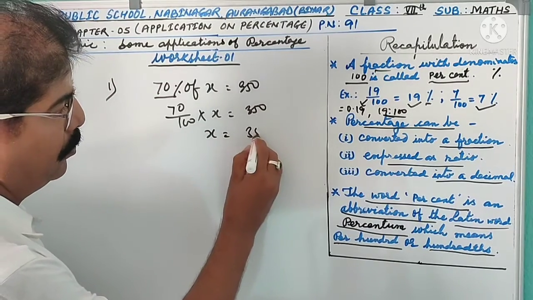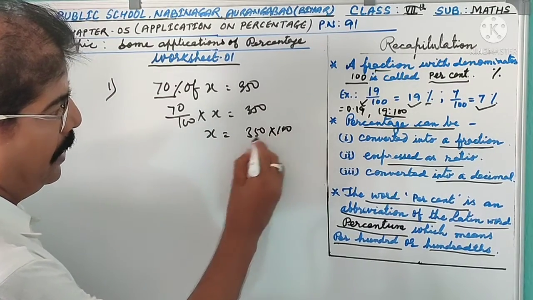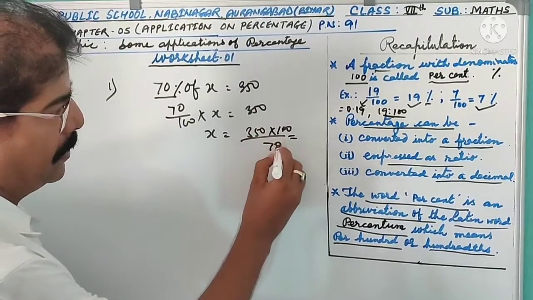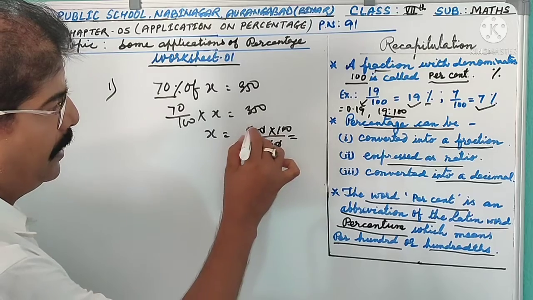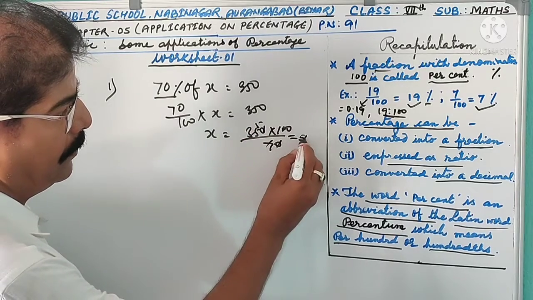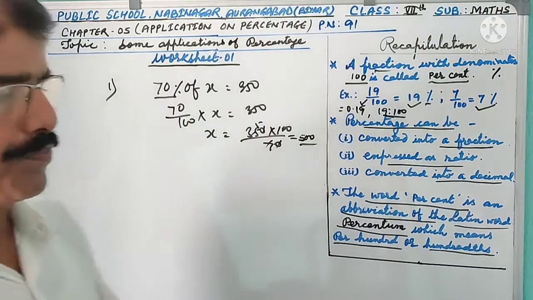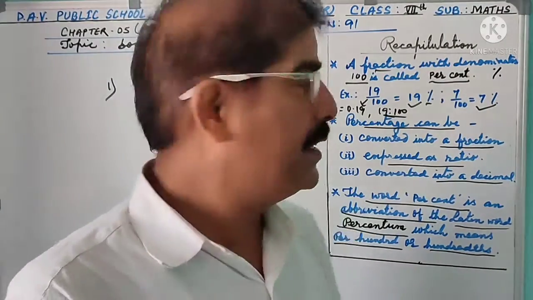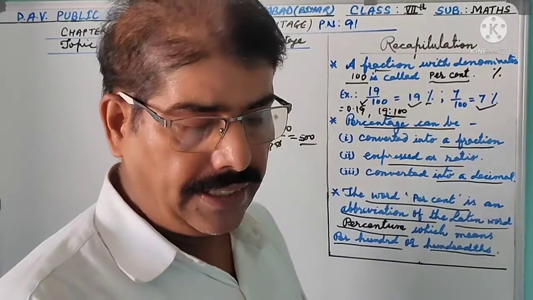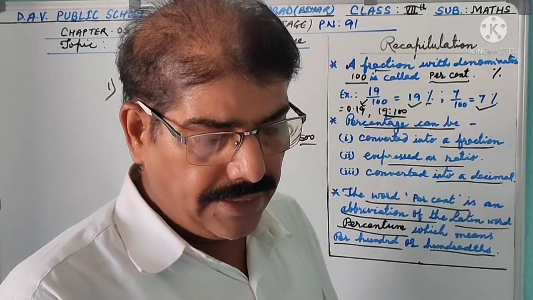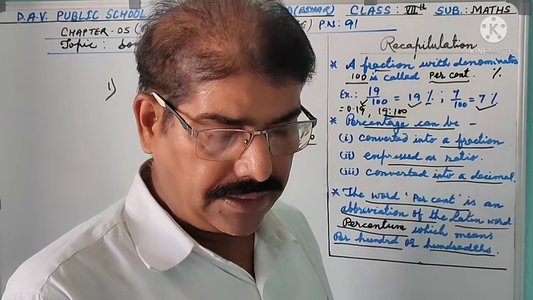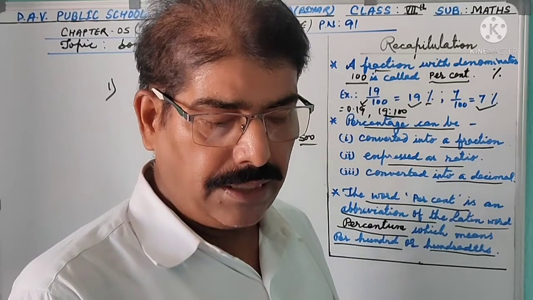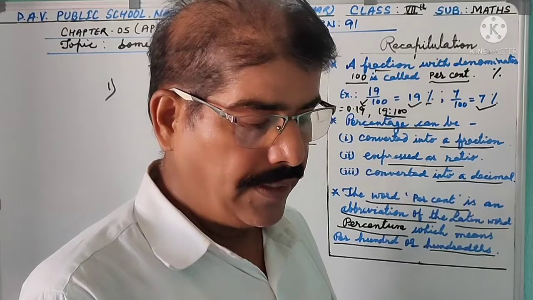So X equal to 350 into 100 by 70. That means 500. So Radhika's pocket money is rupees 500. So another example, in a family of 25 persons, 72% read English newspaper, 16% read Hindi newspaper, and the